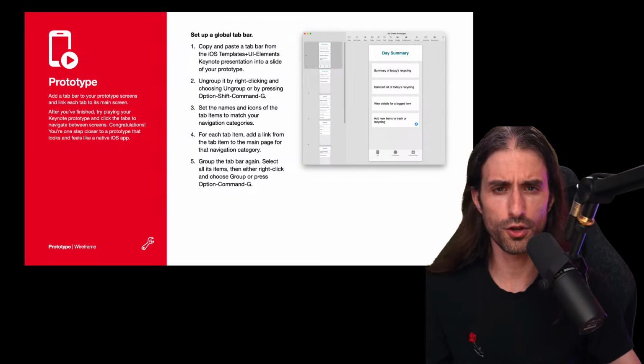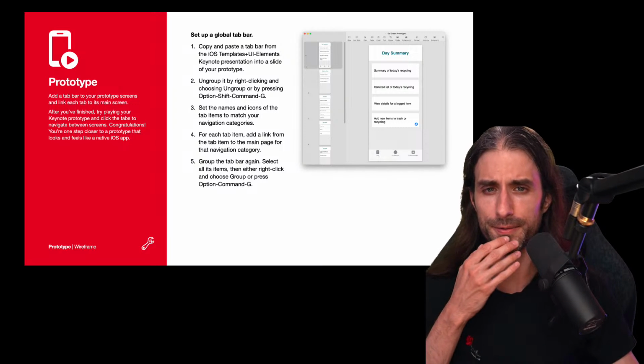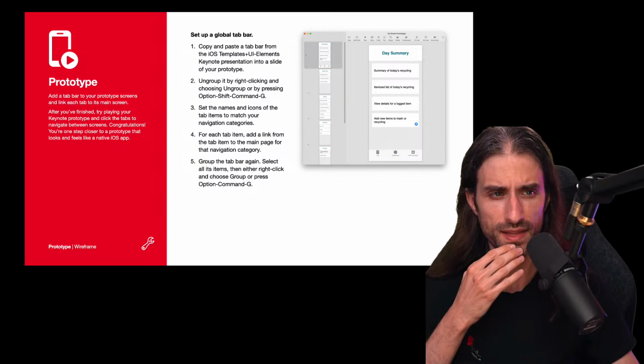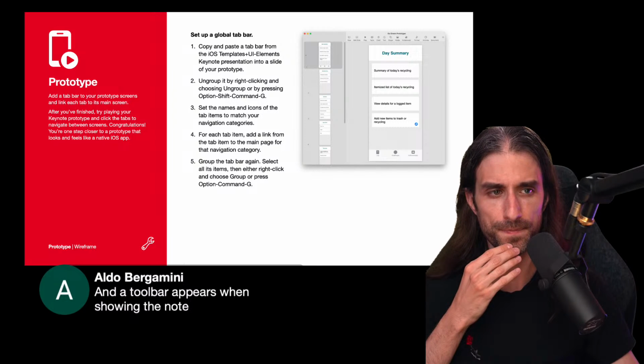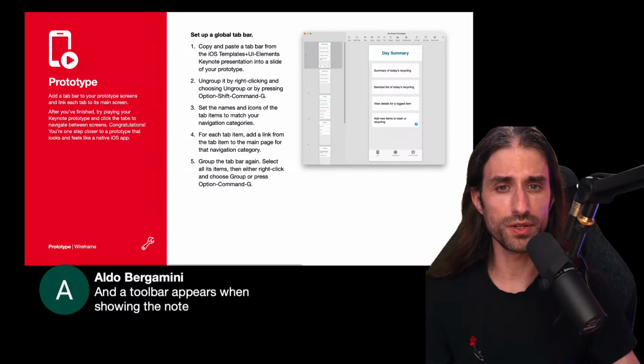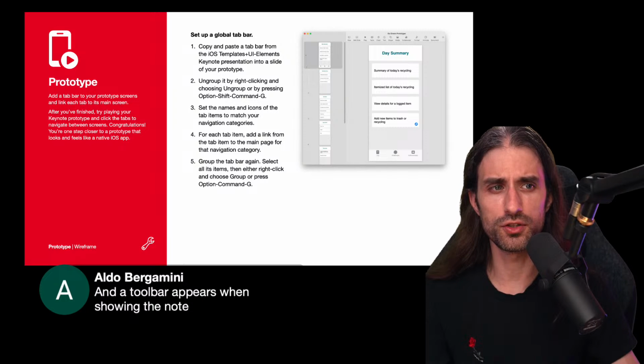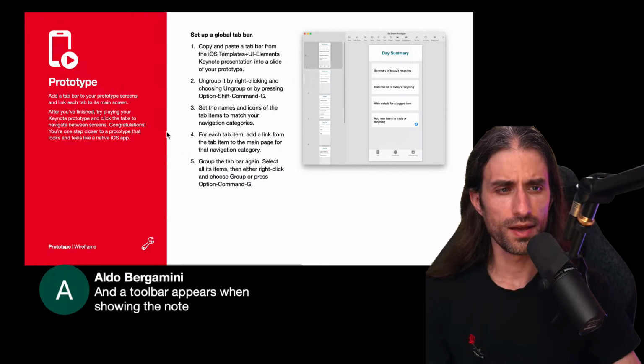It's not how the app works. It has unified everything, but you could imagine in that case that it would make sense to have the two in separate tabs. And the toolbar also appears when showing the note, and in this toolbar you can find some buttons on how to edit the text of the note.